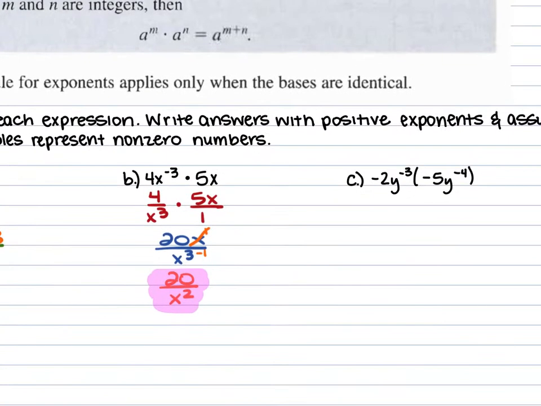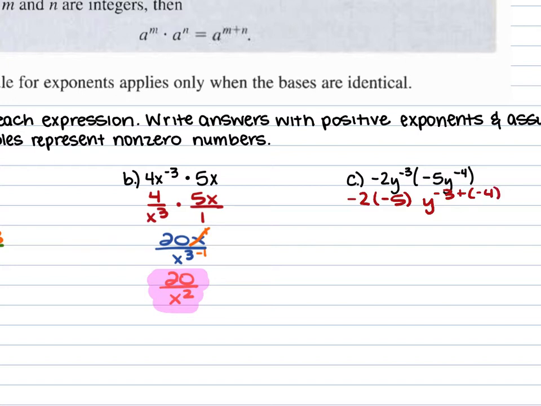For example C, we have negative 2y to the negative third power times negative 5y to the negative fourth power. So with these, we could do this one of two ways. The one before this, I simplified before I did anything. This one, I'm going to keep my powers and add those exponents and multiply the coefficients. So here, I'm going to do negative 2 times negative 5, keep the y, add the negative 3 with the